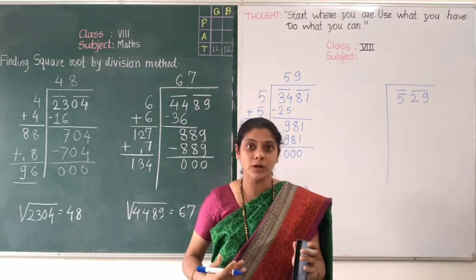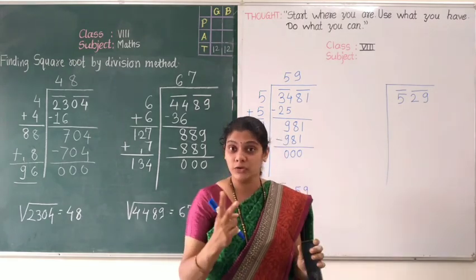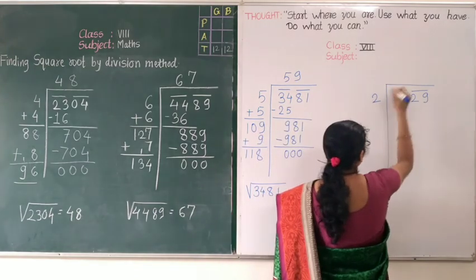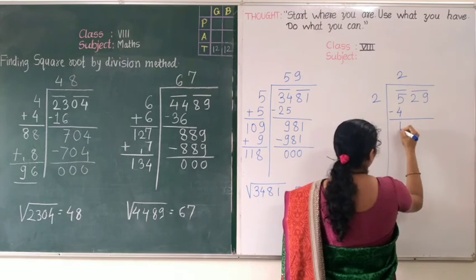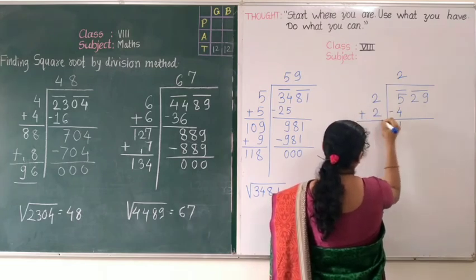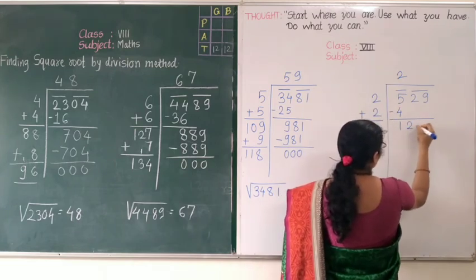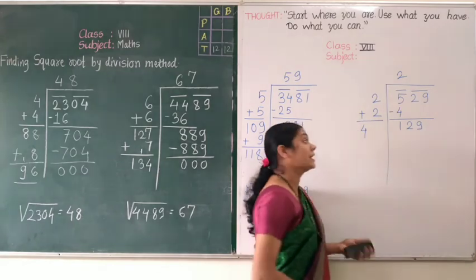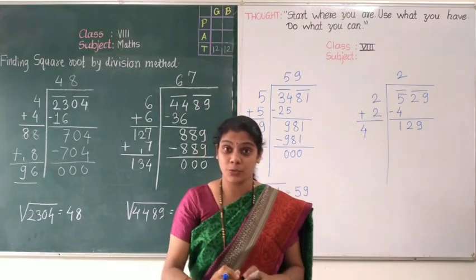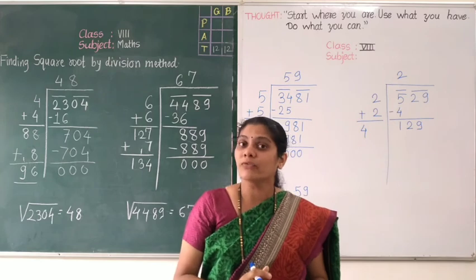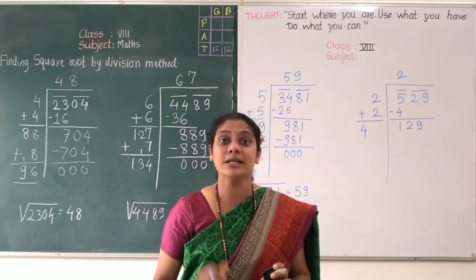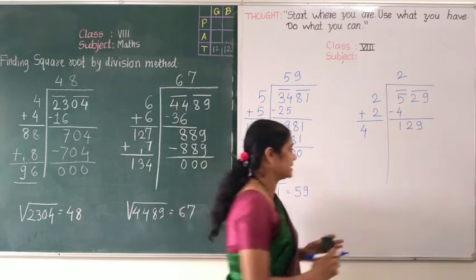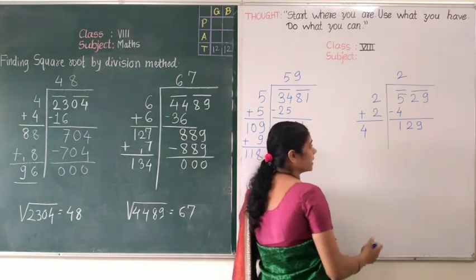the correct number, that is 4. Yes, it is the square of 2. So we will write here 2 2s are 4. So we have to write here 1 and plus 2 is 4. 29. So 9, yes, the square of 3 is 9 and the square of 7 is 49. Both square numbers have 9 at their unit place. It is right. So now we will do a rough work here.